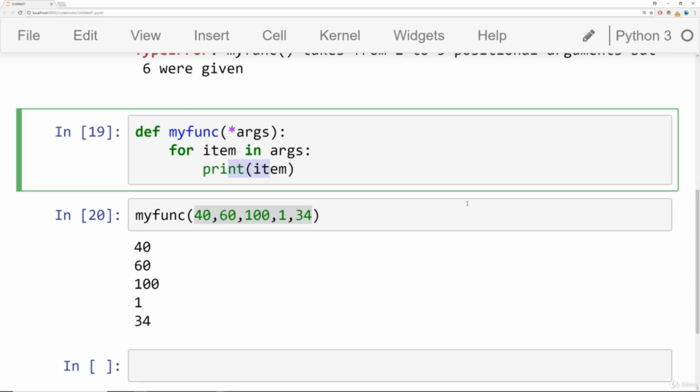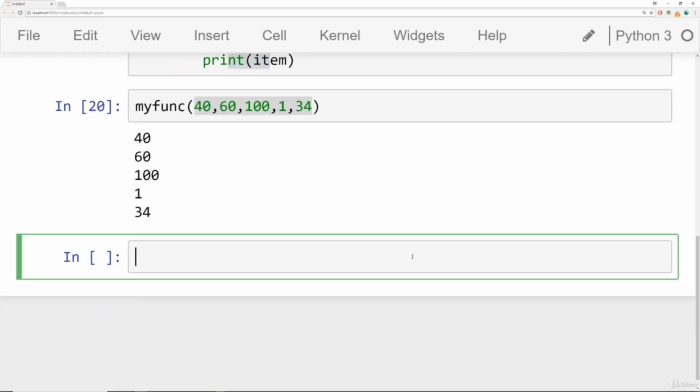Similarly, Python offers a way to handle an arbitrary number of keyworded arguments. Instead of creating a tuple of values, we use **kwargs, which is keyword arguments, and that builds a dictionary of key-value pairs. So let's build out a function that utilizes that. We're going to say def my_func(**kwargs),